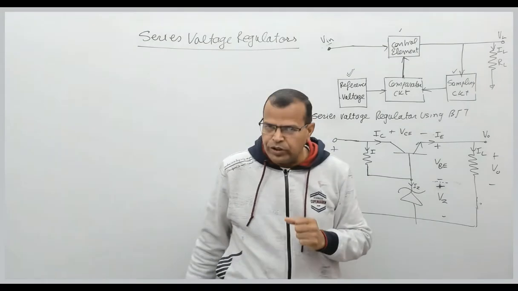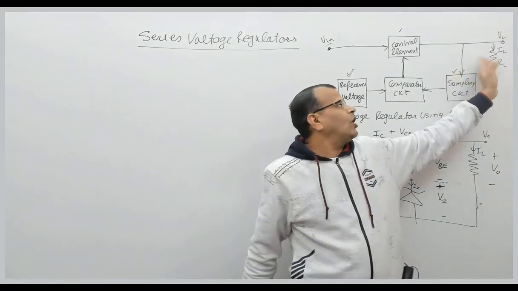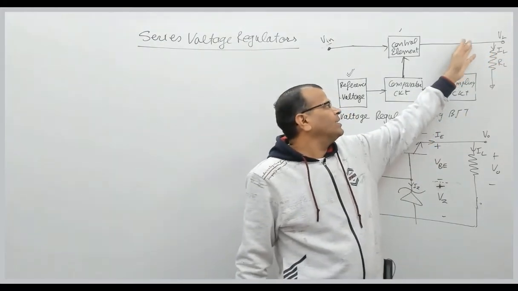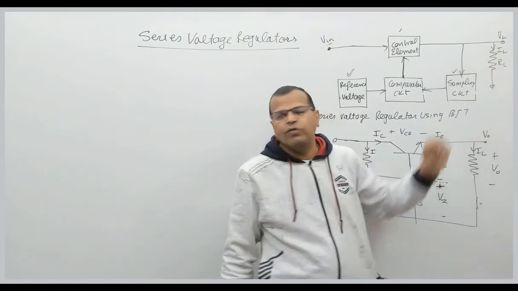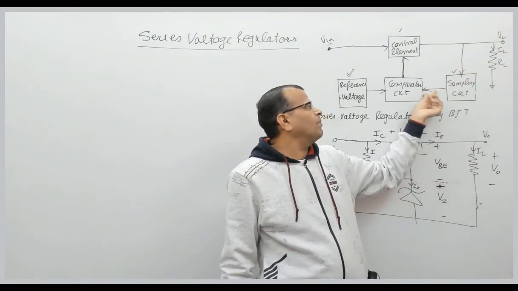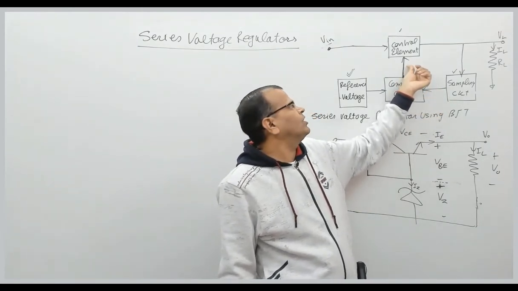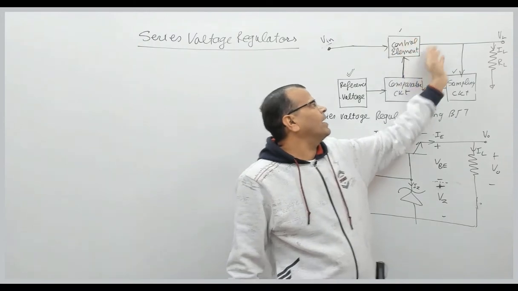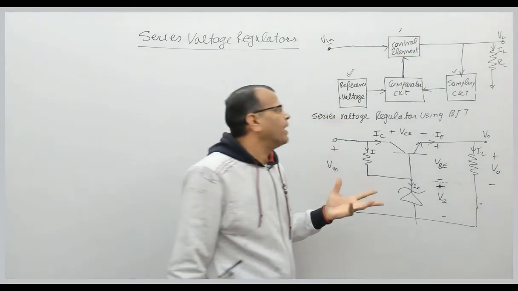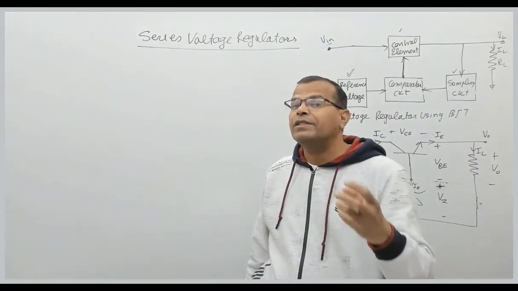Suppose the output voltage reduces, or we can say the output load changes. When the output load changes, the load current will change. When the load current changes, accordingly the voltage at the output will change. When the voltage at the output changes, the sampled signal will change. Accordingly the control signal will change, and with the change in control signal this will again increase the load current. That is how it happens, and vice versa, right? But from the block diagram it is not very clear how it works. We will see the practical circuit.